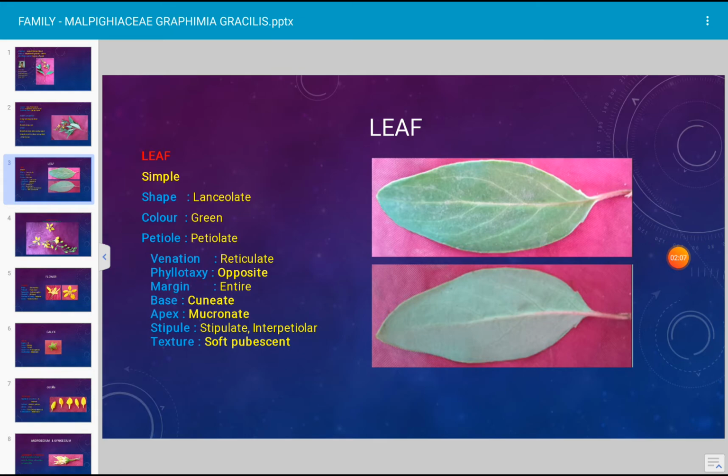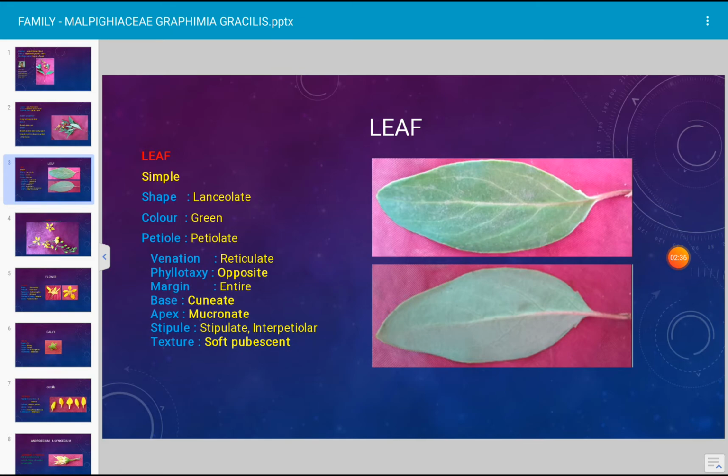How is the shape of the leaf? Shape of the leaf is lanceolate, lens shaped. The shape of leaf resembles a lens. Leaf is elongated with broad middle region. It is attached to the shoot with broader region. Apex and base of leaf are somewhat tapered. Such leaf is described as lanceolate, and the color of leaf is green.